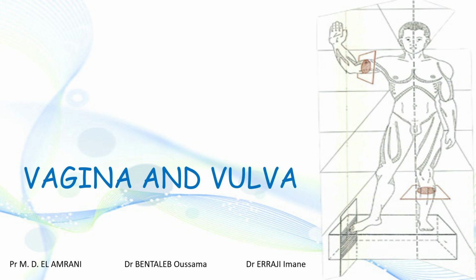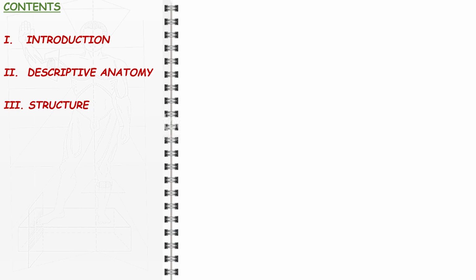In this video we will delve into the anatomy of the vagina and vulva, respectively, the copulatory and the sexual organs in women. We will start with an introduction to the vagina, providing its major role in the processes of fertilization and sexuality. Following that, we will focus on the descriptive anatomy of the vagina as the main support system of pelvic organs. Next, we will take a closer look at the layered structure of the vagina and the structures